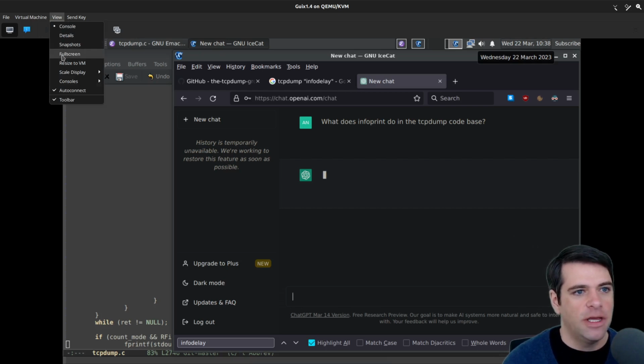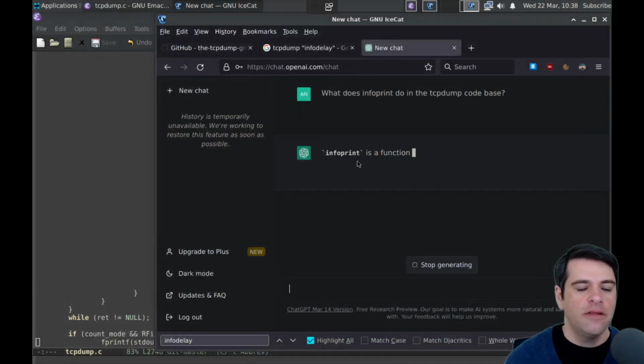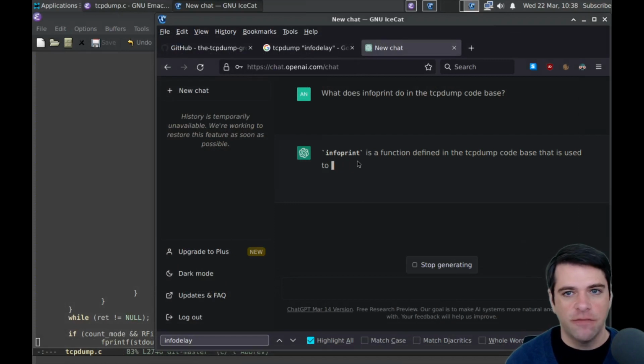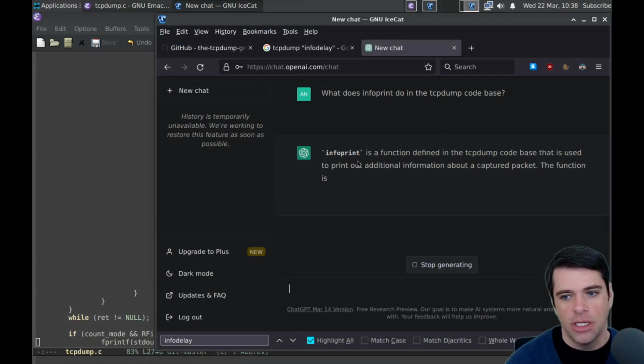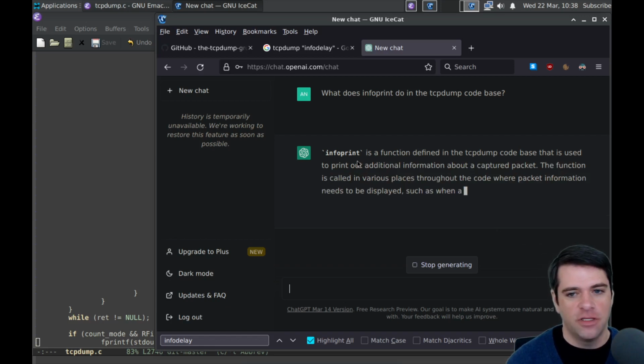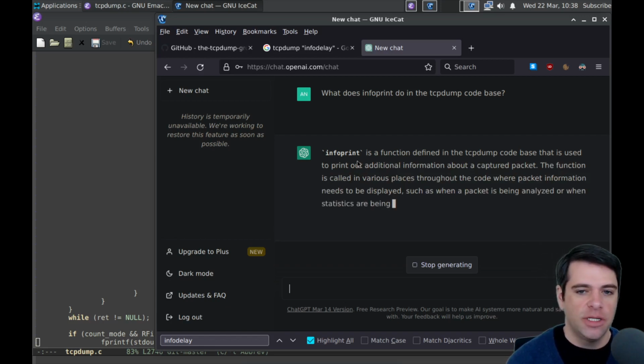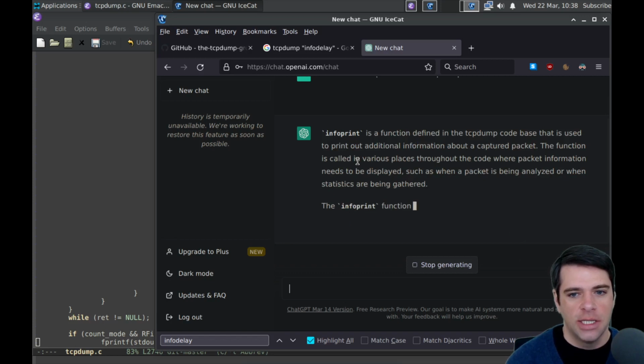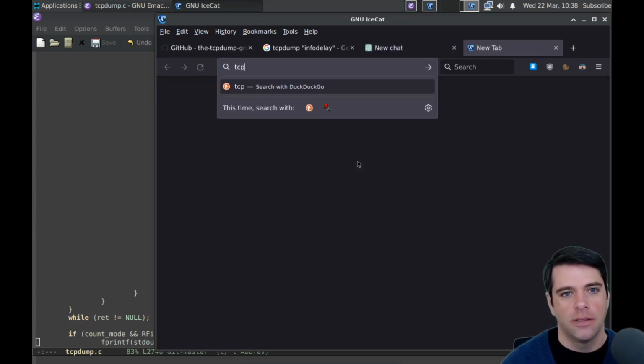I'm just going to see if it will answer any of my questions, because a lot of this stuff is going to be hard to find in a normal search engine, because most people don't look at the code of tcpdump. There will be a bunch of stuff about TCP, about how to use tcpdump, but in terms of how it's organized, actually maybe there's